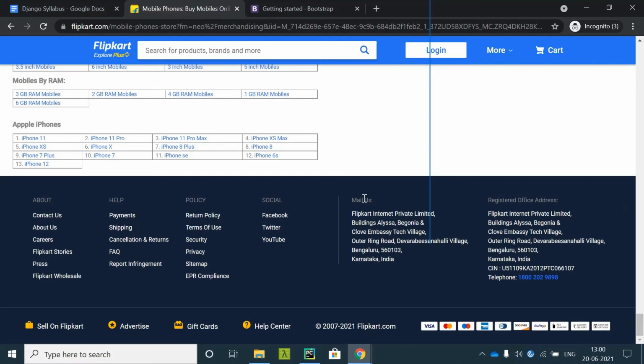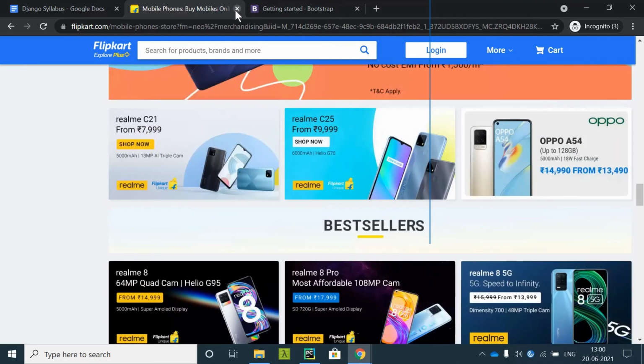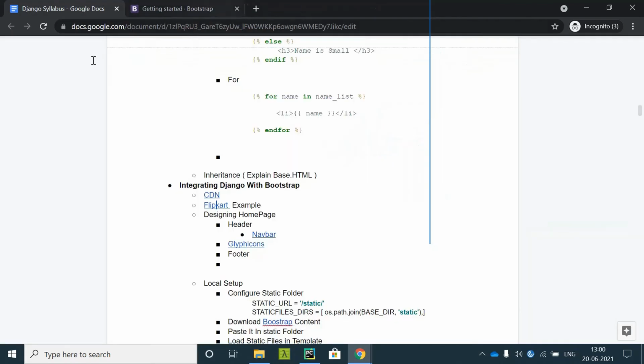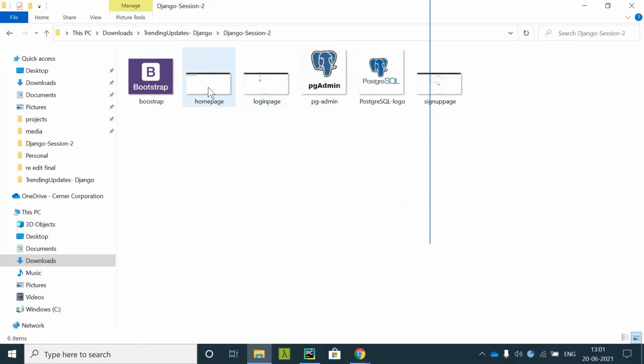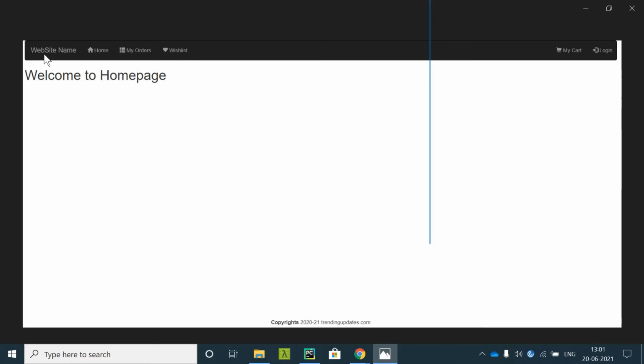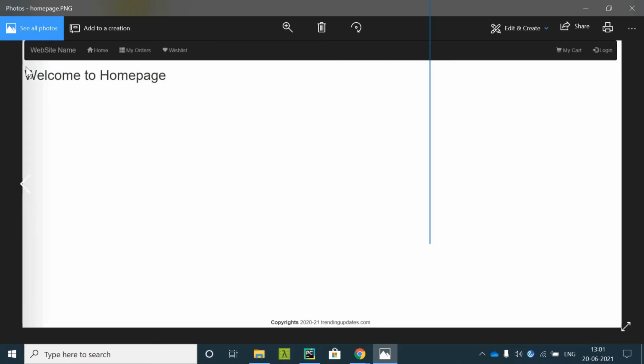We will develop something similar to this, but not as good as this. I'll show you the example of how we are going to develop it. This is what our home page will look like. This is the header, this is the content part of the page, and this is our footer.